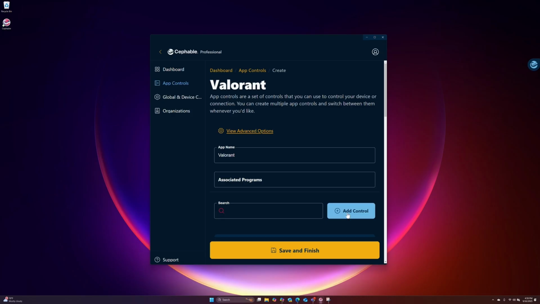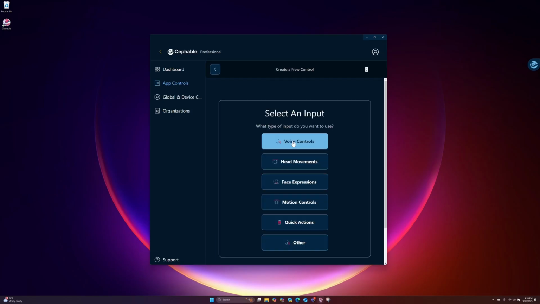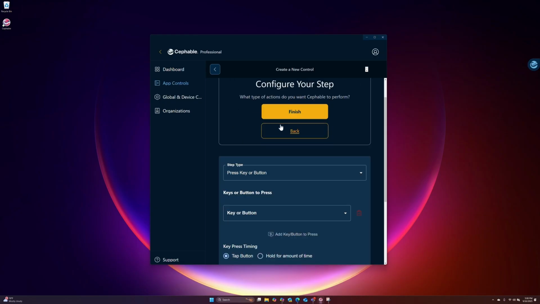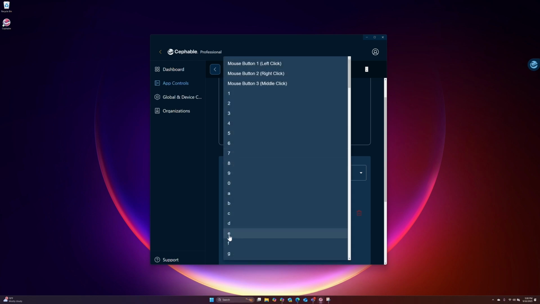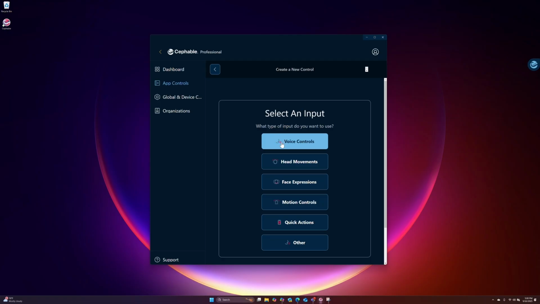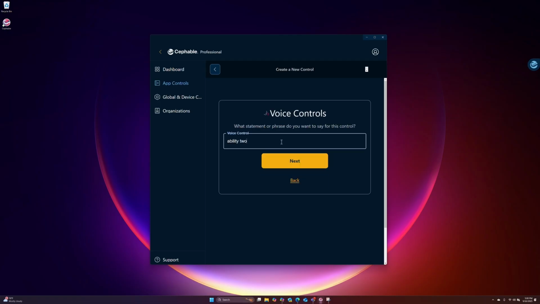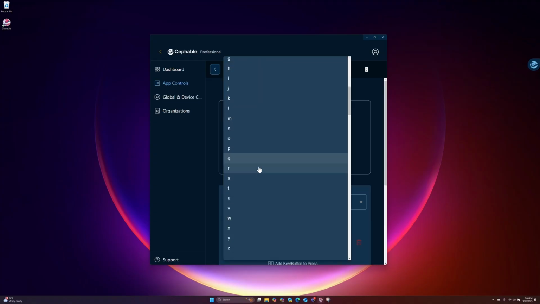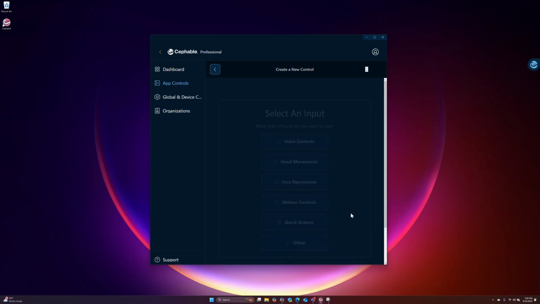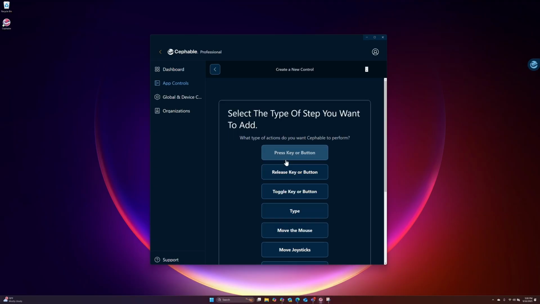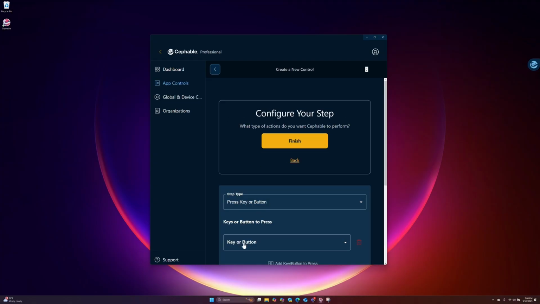So let's go ahead and add a new control, and I'm going to add this as a voice control, and I'll just say "ability 1" as my first input, and I'm going to have that just press the E key, so it's going to switch over to that ability. Hit finish. Do the same thing now. I'm going to go ahead into voice controls and say "ability 2" spelled out, and I'm going to have that press the Q button, and then we're going to add "ability 3" spelled out, and that's going to press the C key,